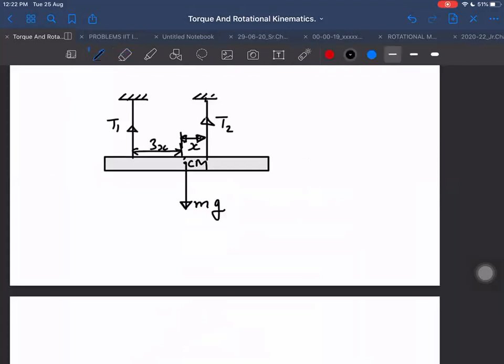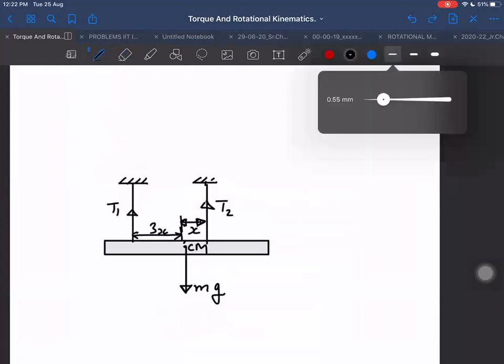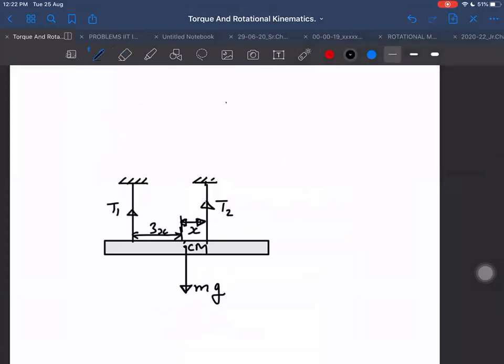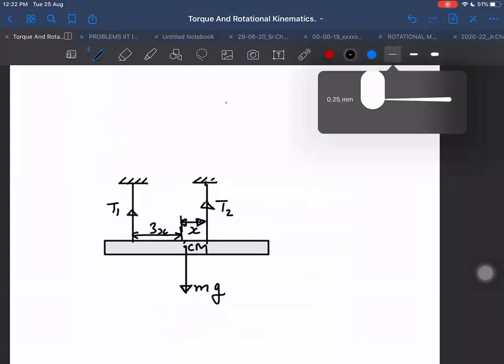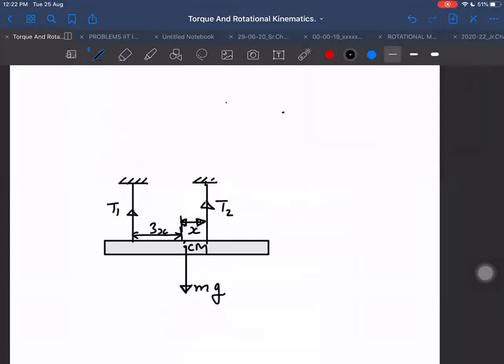Okay. Now you tell me, find out the T1 value and find out the T2 value. Can you find out the T1, T2 values? I told you up to this what I have told you, how to take torques. But about which point to take torque, that I have not told you, especially when they are not saying about which point you should take. For example, if I ask you, find